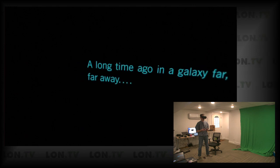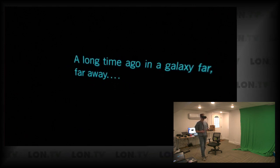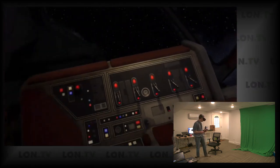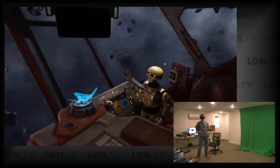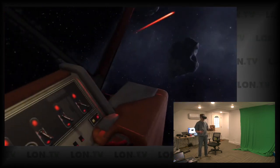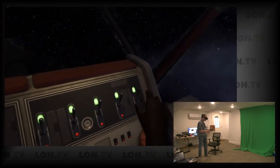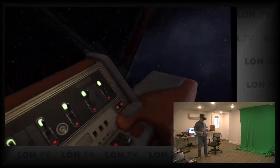And what's surprising to me, because I have played this on the PC before, is that the PC version is great, but the Quest version is really good. If you were to go and play this, I think a lot of people would have a hard time knowing which version they were playing on. And so you start off in the ship here. I mean, look at the detail on this. It's crazy. And so what we have to do is flick these switches here. So I can say this does look a little bit cleaner than...